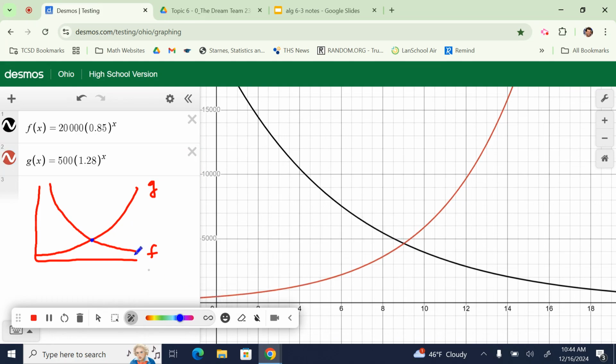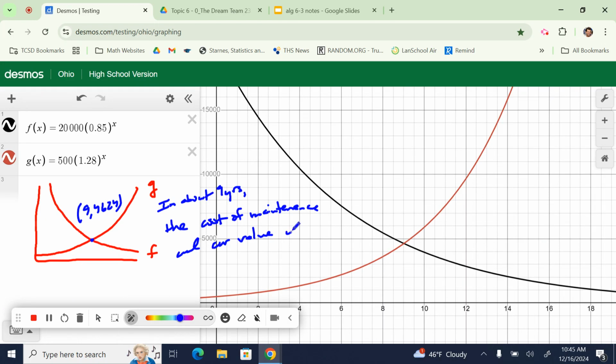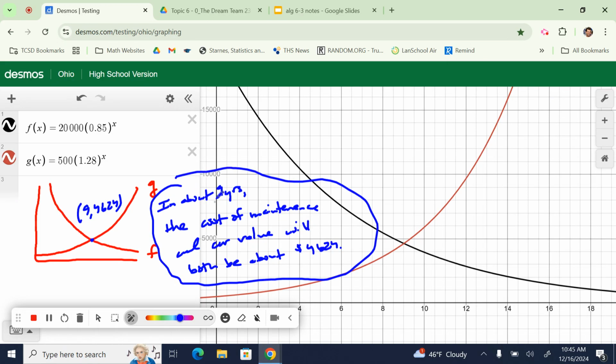9, 4624. So after about 9 years, so you could say in about 9 years, the cost of maintenance and car value will both be about $4,624. And that is a great answer that every math teacher would appreciate,